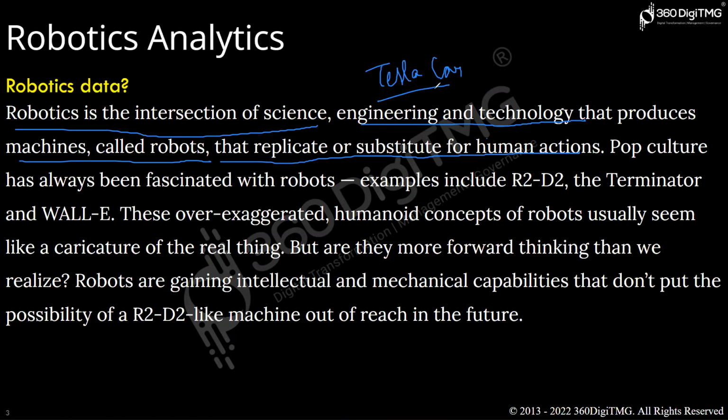You can see here the pop culture. Let me read out this line for you so you can understand. Pop culture has always been fascinated with robots. It's nothing but the culture, guys. Everywhere we go, we need something very unique every time, right? Let me say how robots are built. Some people are very interested in that. An example for that is R2-D2, the Terminator, right? The movies you can see, guys,